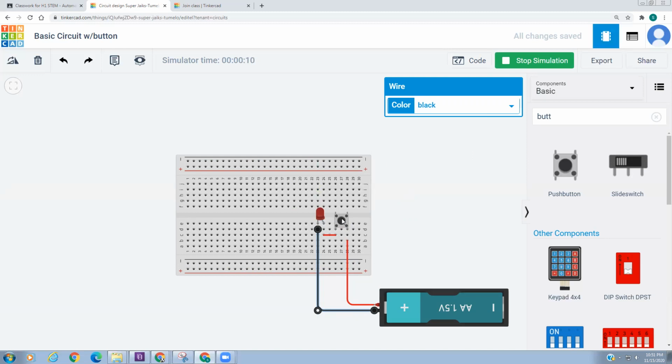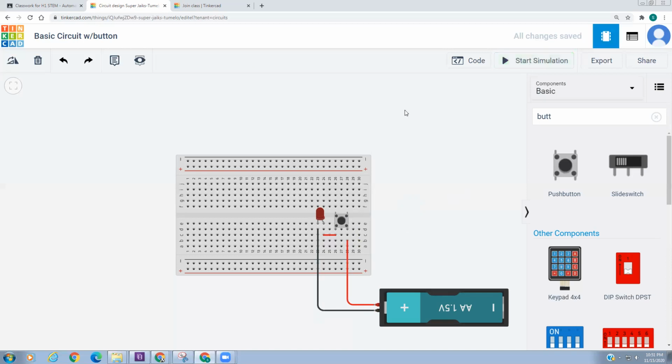So when we click on this, we close it, and you can see that turns on. So there we go. That makes a basic circuit with a button. Okay. You see you can turn on the light. It's only momentarily pressed. When I press the button, that's when the light comes on. When I stop pressing, it doesn't work anymore. All right,